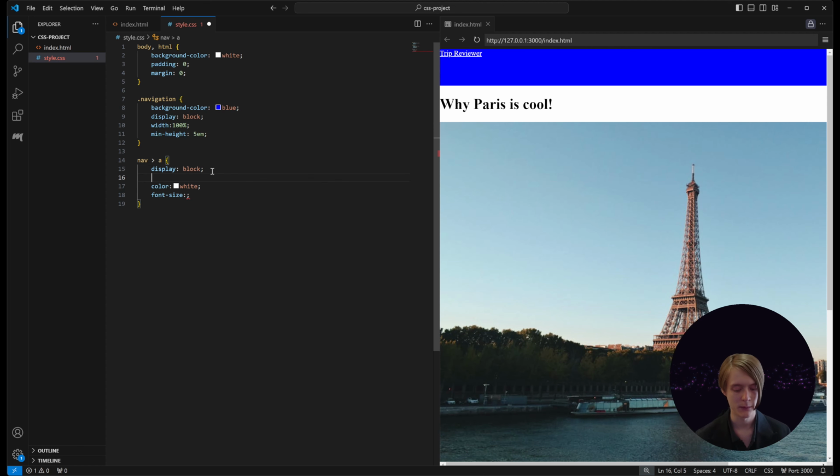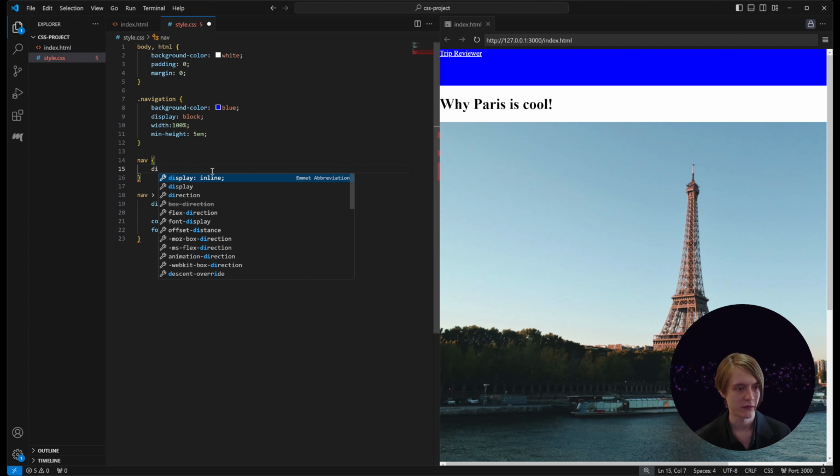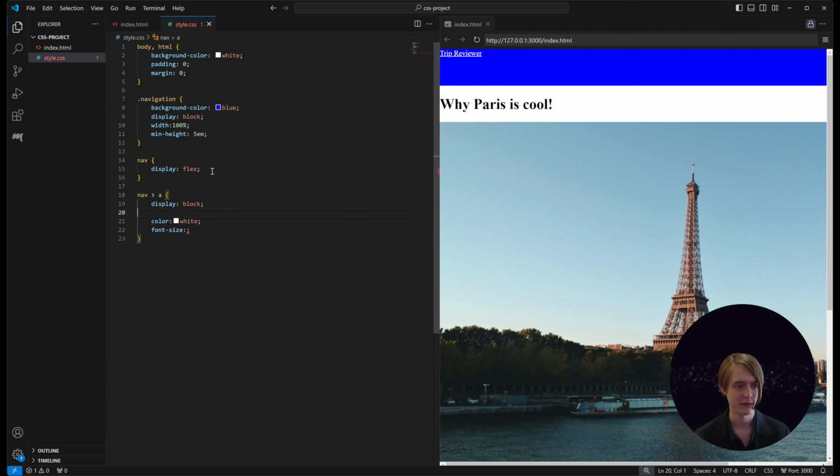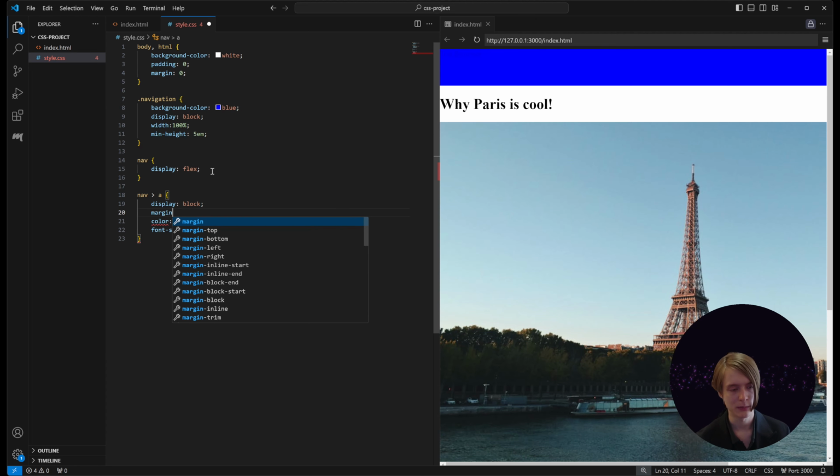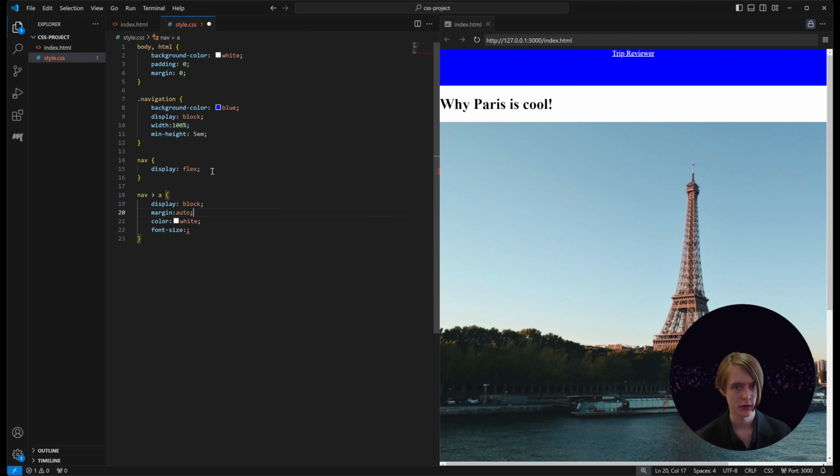And if the nav that it's in is displaying flex, which is another important display mode that we'll talk about more later, then we can use a cool property, margin auto, to make it almost center. Let me go ahead and remove this here,